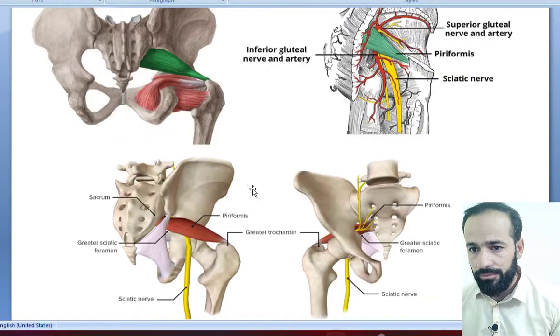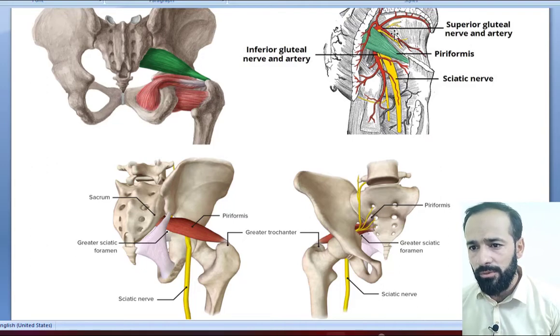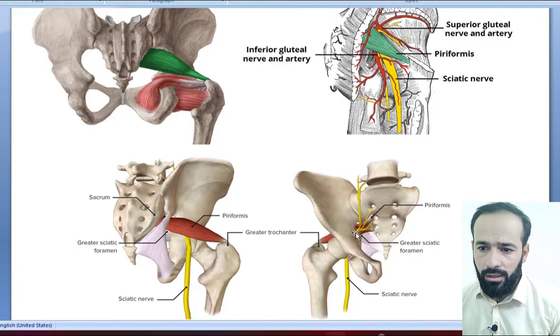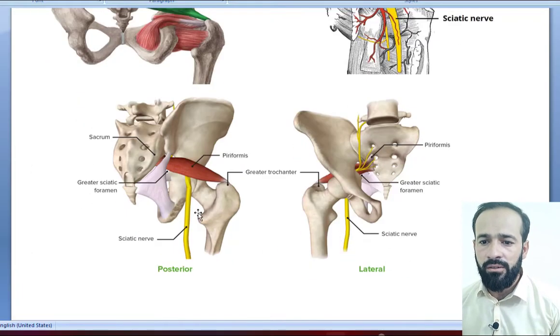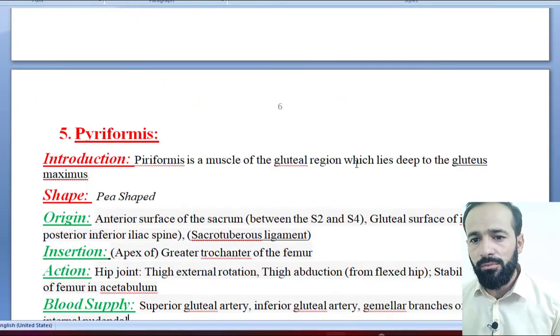Here you can see this is your pyriformis muscle, and this muscle we discussed in our previous lecture. So this was obturator internus, and this is pyriformis muscle, which is also shown here and here. This is the posterior view, this is the anterior view, and this is your sciatic nerve. This was about